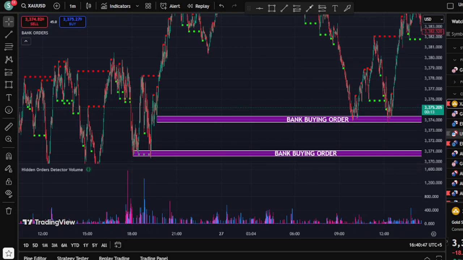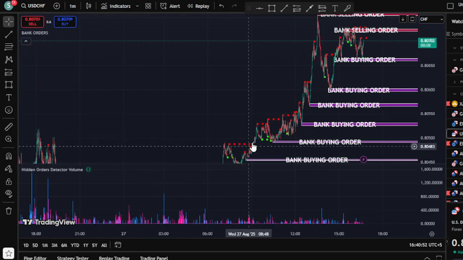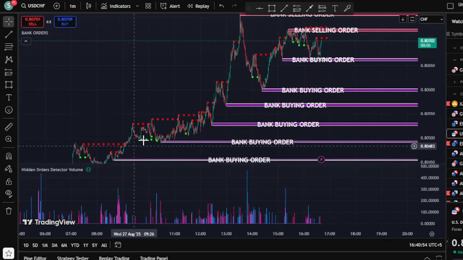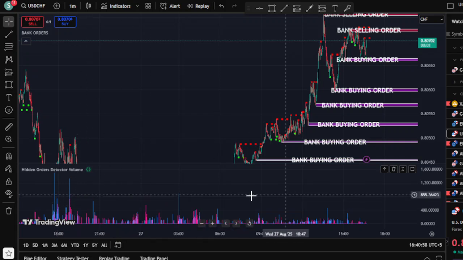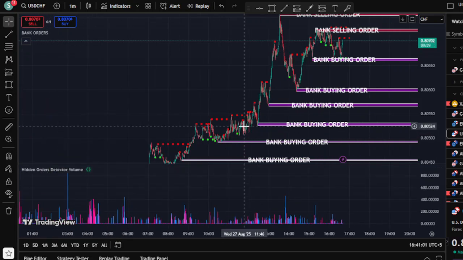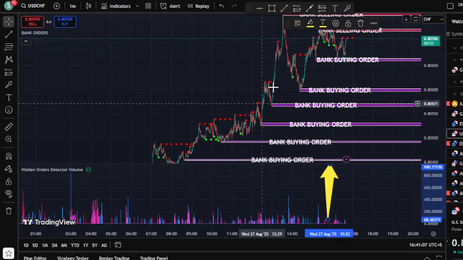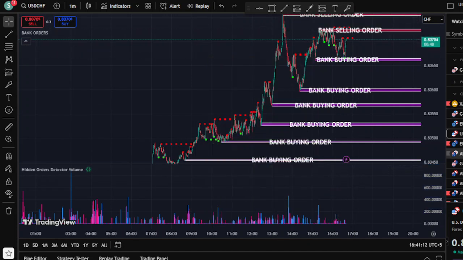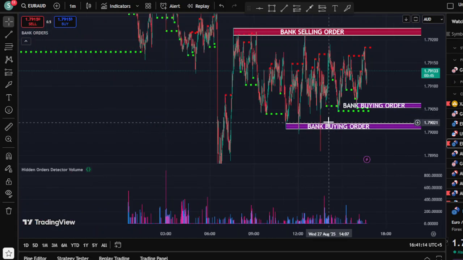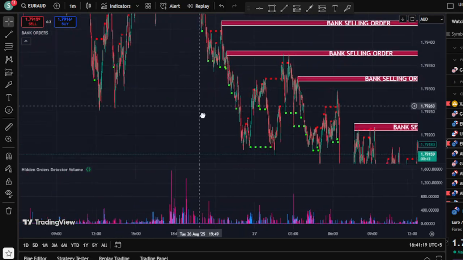What we normally do is, if we see that the price is up, so for example, just look at this price, the price is up. The ultra high volume is not available right now, but just imagine that here we have the ultra high volume like this. Then it means the price is high, so selling pressure could enter the market, and we will be looking for sells as per the bank indicator, or if you are using other indicators, that could be a good option. Just look at this one.